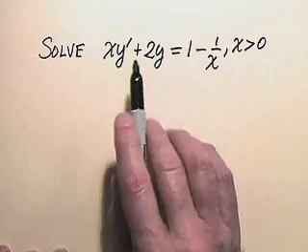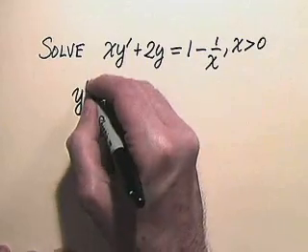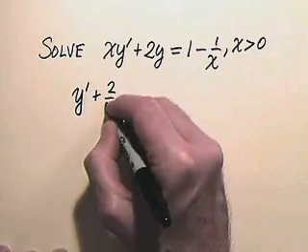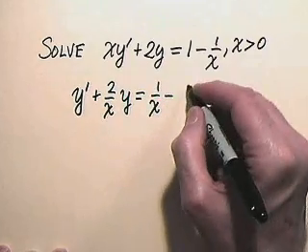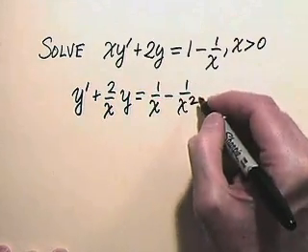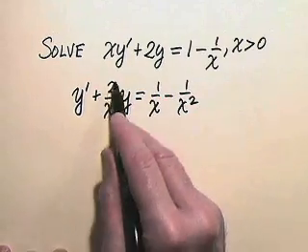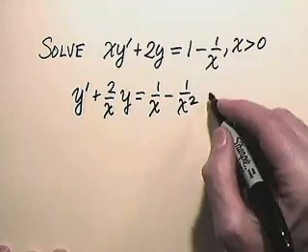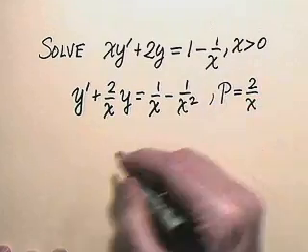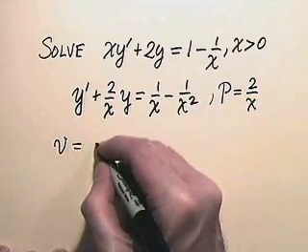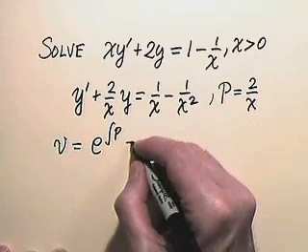That is, we want the y prime by itself. So we divide through by x. We get y prime plus 2 over x times y equals 1 over x minus 1 over x squared. Now we see here the coefficient of y is what's being called p in our notation. P is 2 over x, and so our integrating factor v is e to the antiderivative p, which is e